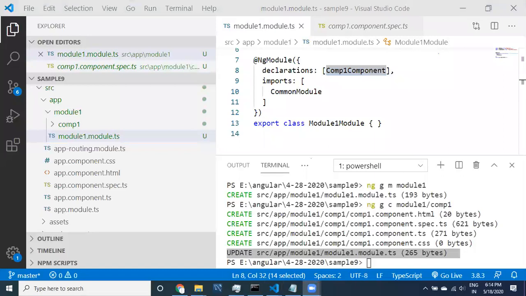Better to use forward slash. Why? Because it works on all machines.